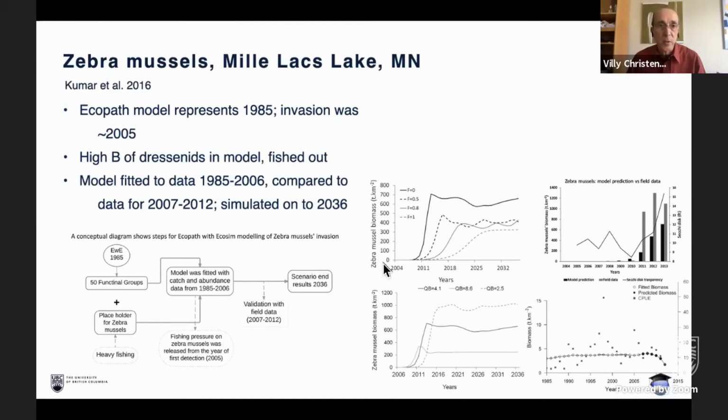and then they were fished out, and the model was fitted to data, and they were able to replicate what happened pretty well, including an interesting thing was that they only used part of the time series for the fitting, and then they compared the predictions for the last 5 years to what actually happened. So there are really neat aspects to this study, including that the model seemed to see the field data set.